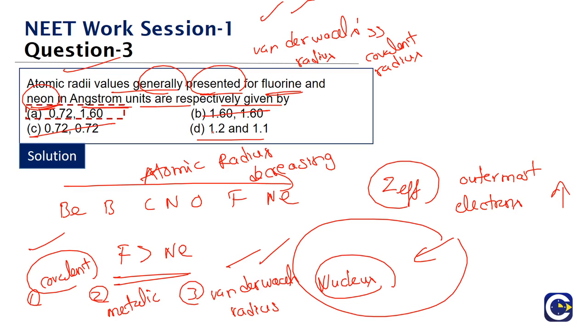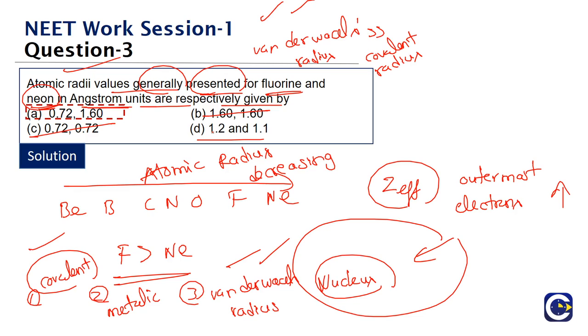So the correct answer for this question is going to be option A. Because look at it, fluorine, what is it? 0.72. Here we are answering this question without even knowing the actual values of radius. We can't even remember them. We can't keep remembering that fluorine is this much, neon is this much. But we are able to answer the question by looking at the common analogy. When we look at the presented values of the fluorine and neon radius, the neon radius should be exceptionally higher, because the value that we present for neon is the van der Waals radius.